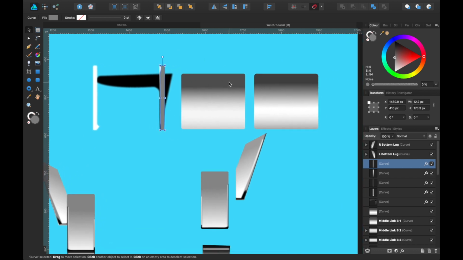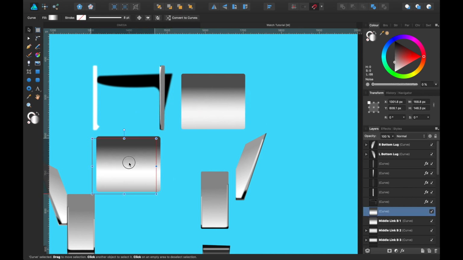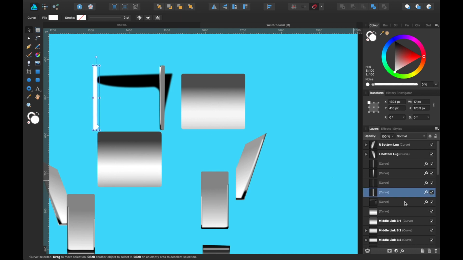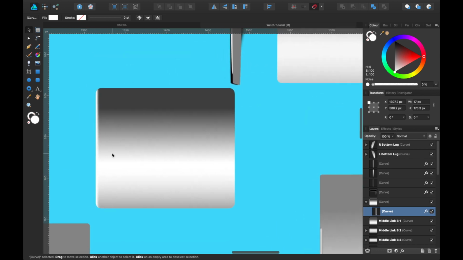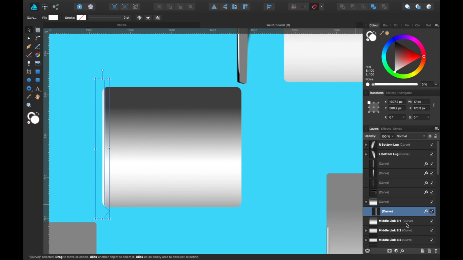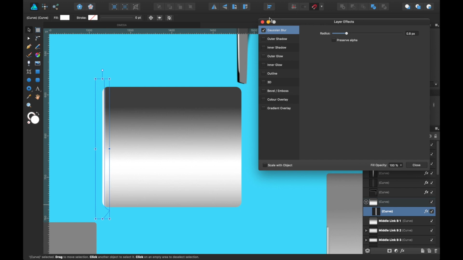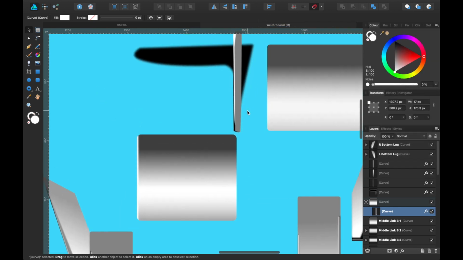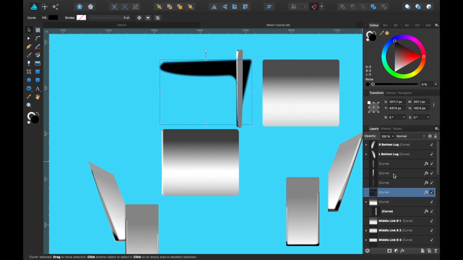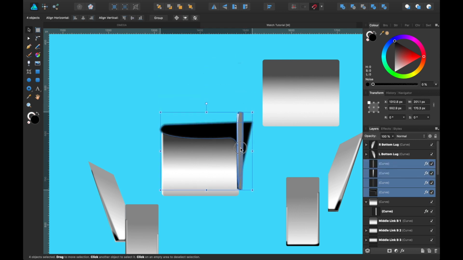So once you've got your main shape like this, here's the one I made just now, I can start grabbing these here, you can see it down here. You can start grabbing these and nesting them within the shape. So there it is, it's gone into this shape, so I just put it on the side. That's just a random shape I made. I included a Gaussian blur on it, and I did exactly the same thing with all of the rest of these shapes up here.